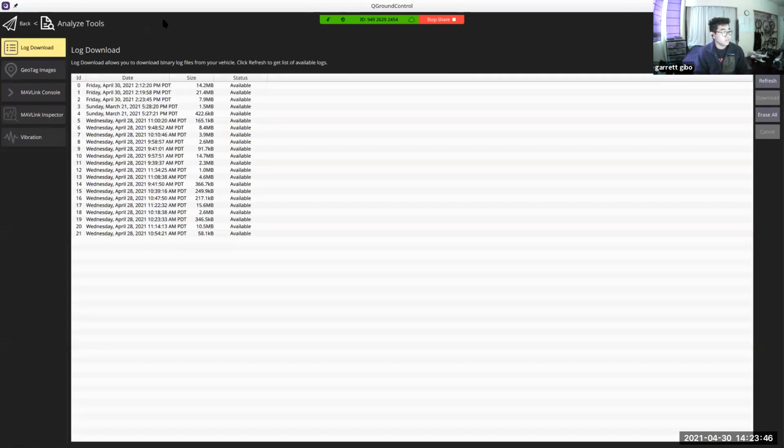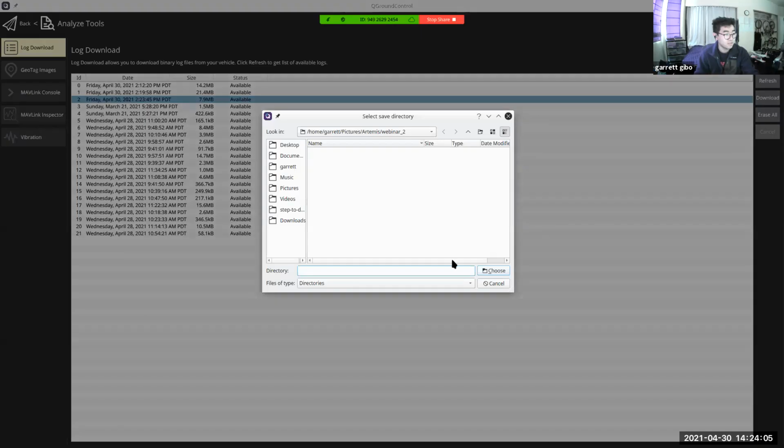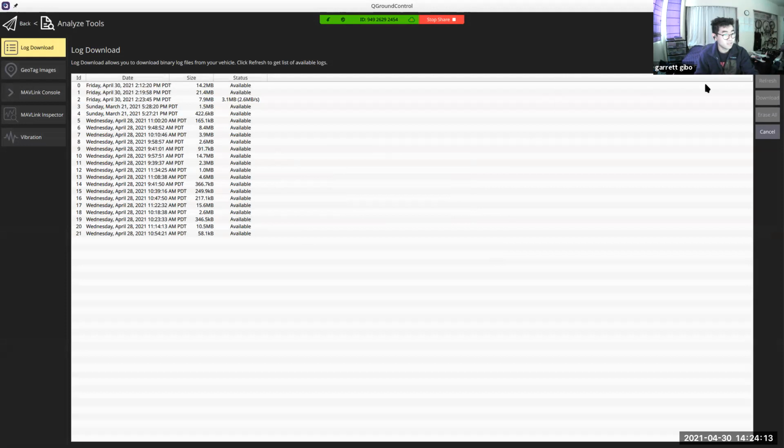Refresh. Every time you instantiate a flight for the actual vehicle, it'll create some type of log for it. So then, what's April? We'll use this one. So then you can just download the log, and this log by default is just compatible with Plot Juggler. So if we just download that,